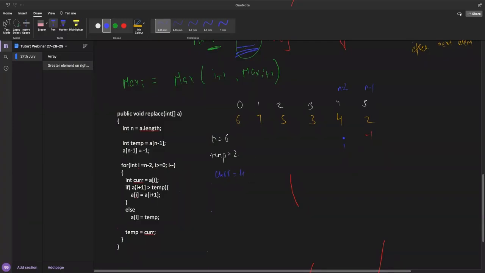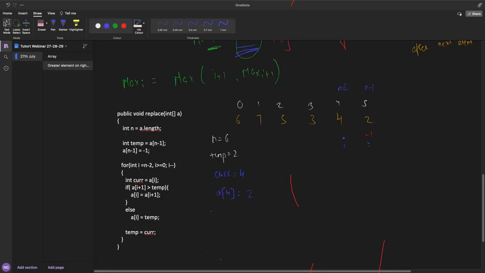Then is A of i plus 1 greater than temp? A of i plus 1 is -1. Is it greater than 2? No. So your A of i will contain temp. So A of i, meaning A of 4, will contain temp, and temp is nothing but 2.